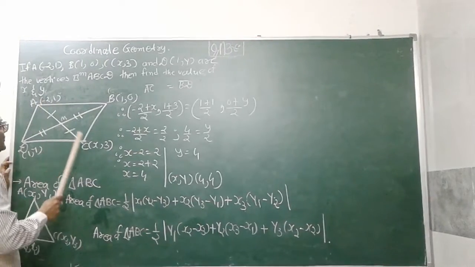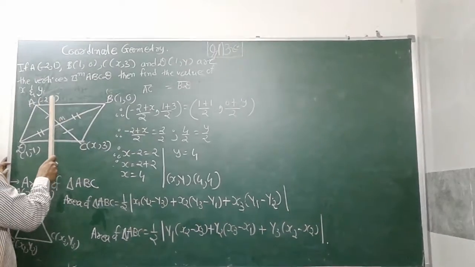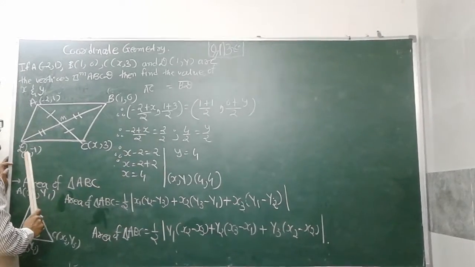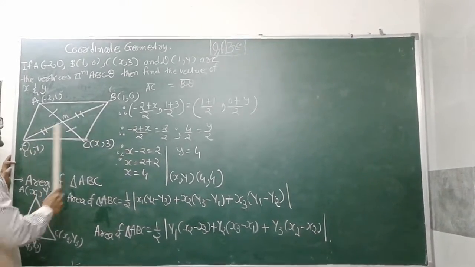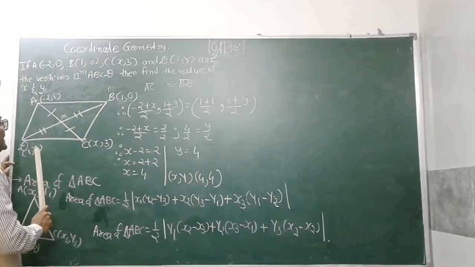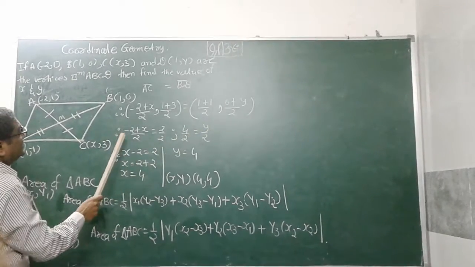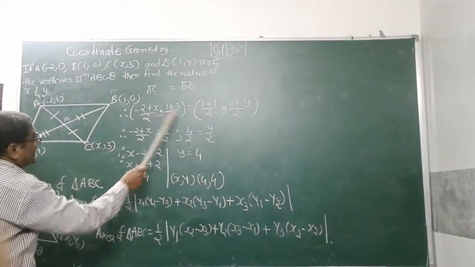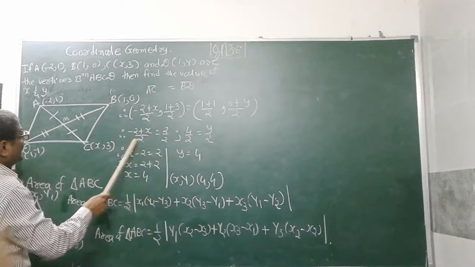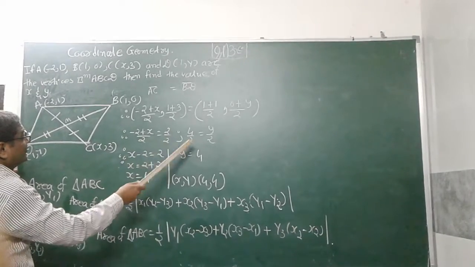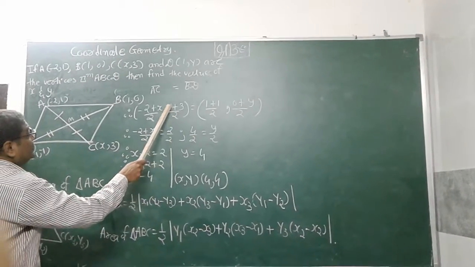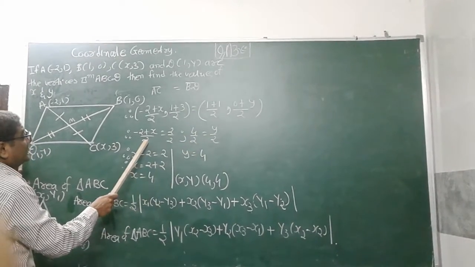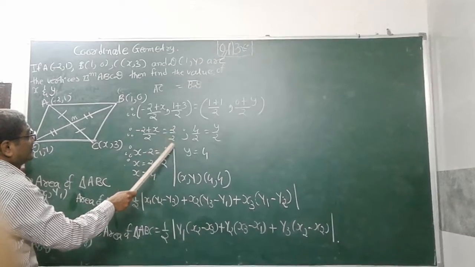Therefore, for AC, minus 2 plus x divided by 2 and 1 plus 3 divided by 2. Now for BD, 1 plus 1 divided by 2 and y plus 0 divided by 2. That is, at the end of simplification, minus 2 plus x divided by 2. We compare x with x, that is 2 upon 2. We cannot cancel yet, but because the denominator is the same, later on we cancel it out. So 1 plus 3 is equal to 4 upon 2 is equal to y upon 2. So this is in division form, goes to multiplication form, 2 to cancel out.